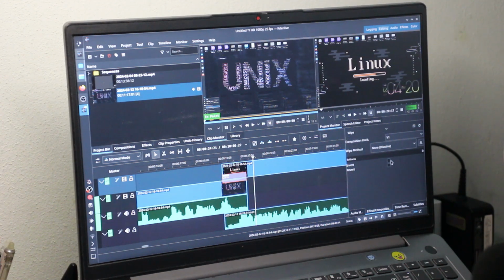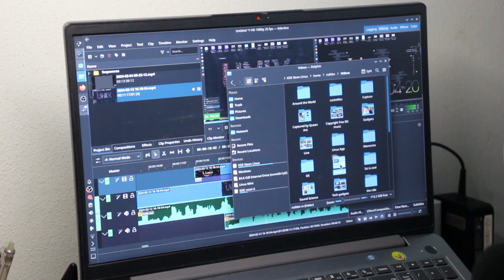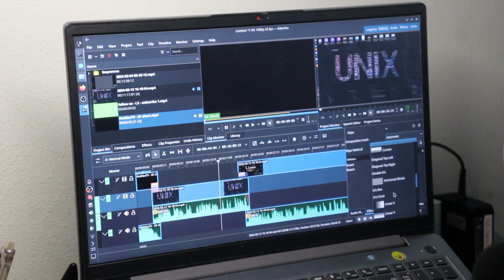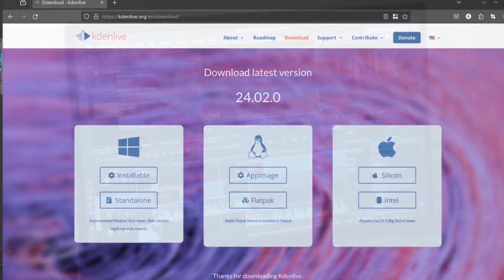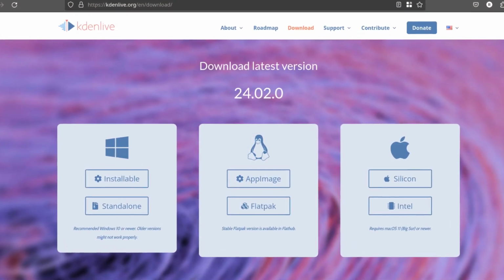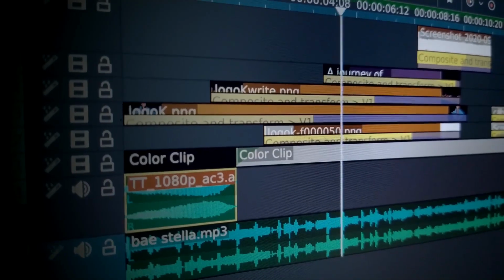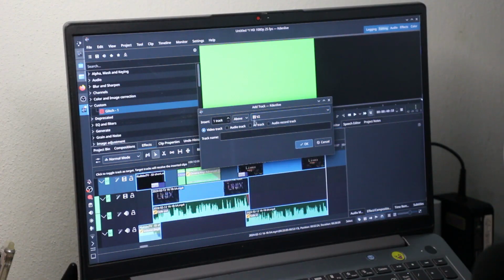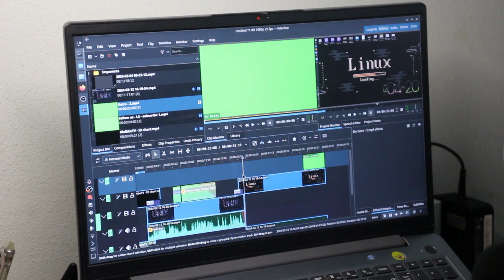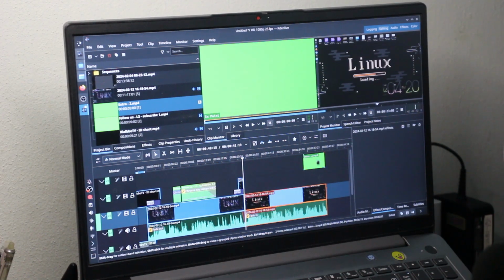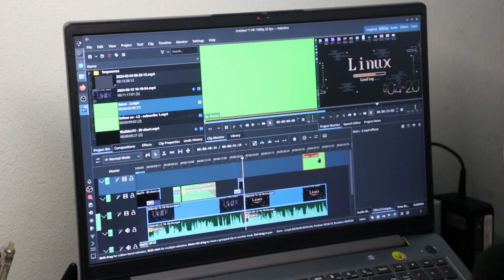If you're looking for a free video editor for Linux, there's a lot of options for the various kinds of video editors needed for Linux. Here's KDEnLive Video Editor, a cross-platform editor available for Mac, Windows, and Linux. It's a multi-track video editor with a wide range of video and audio formats supported to edit your videos. It has a configuration interface and shortcuts, plenty of effects and transitions, autosave, good hardware support, and keyframe